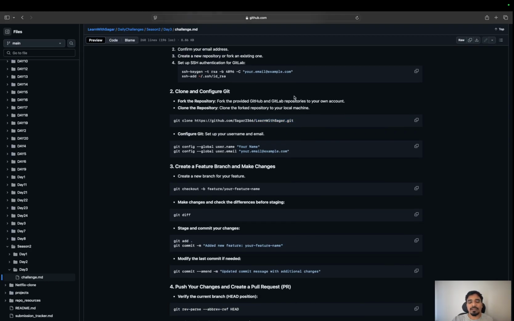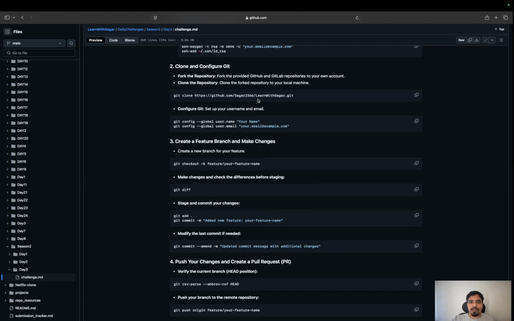So with the forking repository, you will have the similar copy of my repository in your own account, and you can do any changes into that own copy of account. While cloning the repository, you can clone remote repository on your local machine. So you are not creating the repository into your remote account. Okay, so please make sure you note down all those questions and answers on your solution.md, which I'll explain the